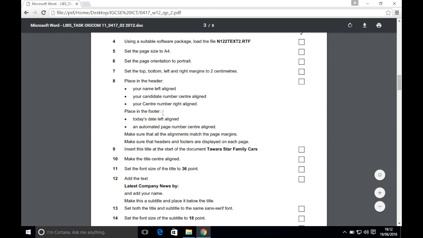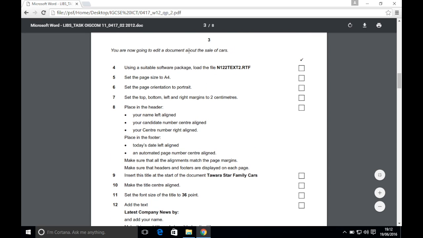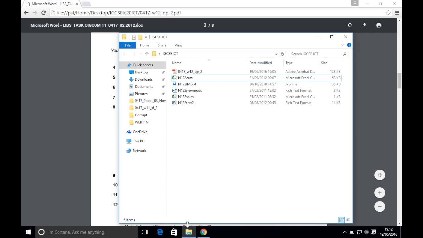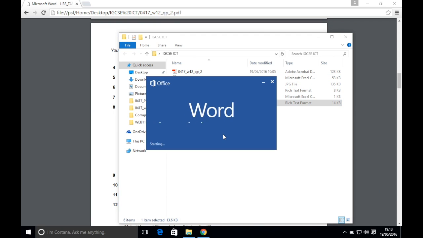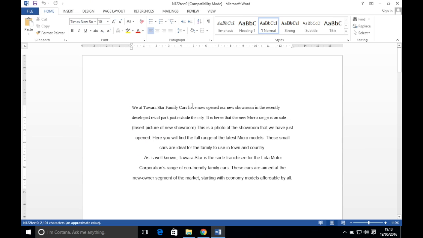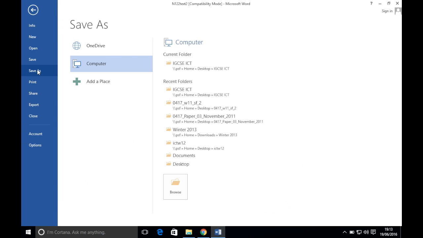Now you are going to edit a document about the sale of cars. Using a suitable software package, load the file n122text2.rtf. So this one, right? Again, the first thing you do once you open a rich text format file, or an RTF file, is to save it